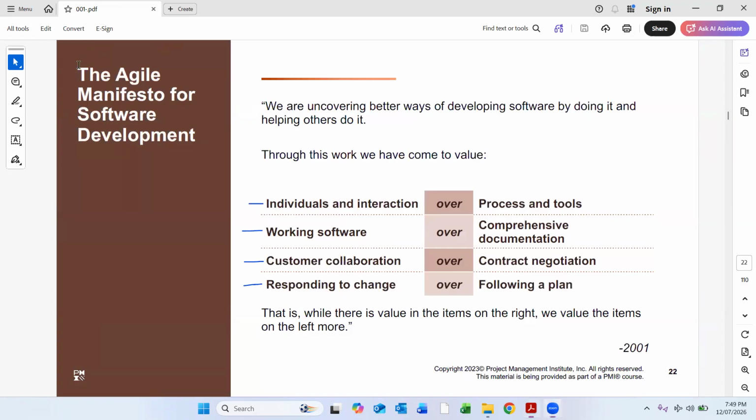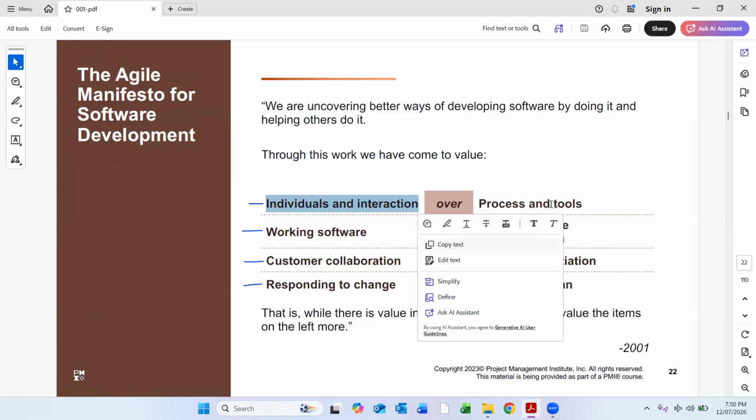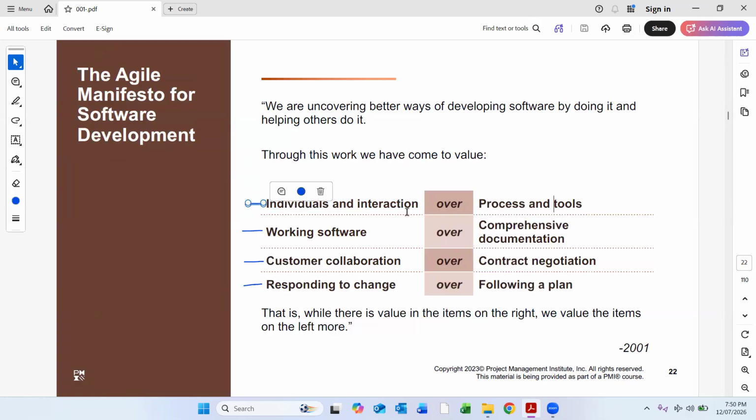In the agile manifesto for software development, we focus on individuals and interactions over process and tools. So we should focus on individuals and interactions, not the process and tools.